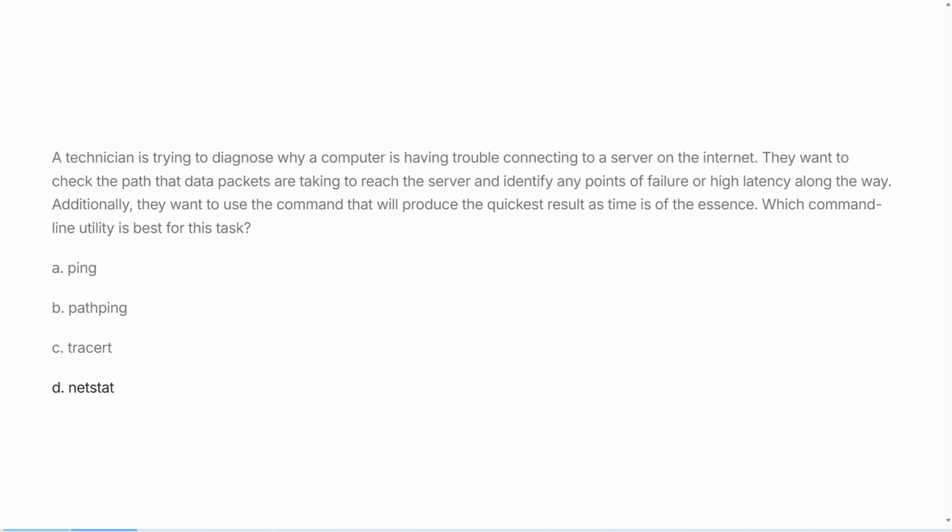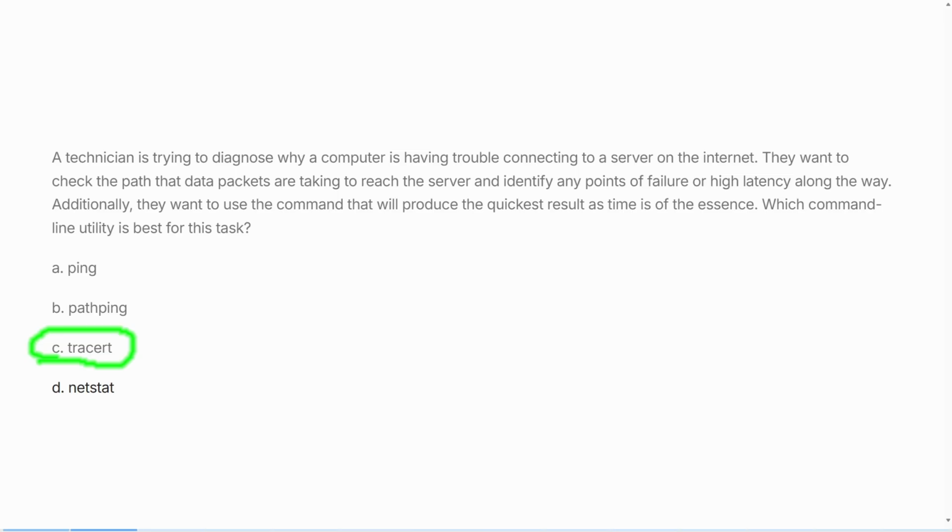Your answer is coming in 3. Yes, it is on its way. 2. Here we go. It is coming. The answer is going to be traceroute there. That is the one that will produce the data that this individual is looking for while simultaneously having the fastest response. All right. These other options here, some of them will do the job, but the key